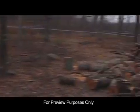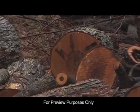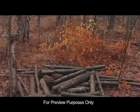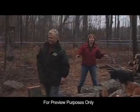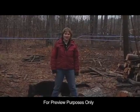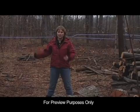This is a dead maple, and you might even be able to see the old sap tap holes that are in it. And this is a pile of beech wood right here. We have to keep thinning it out so that the sugar maples will grow up, but also we're using it as firewood in the sugar shack. Because it's all wood-fired evaporators, all of this wood will be used in the sugar shack